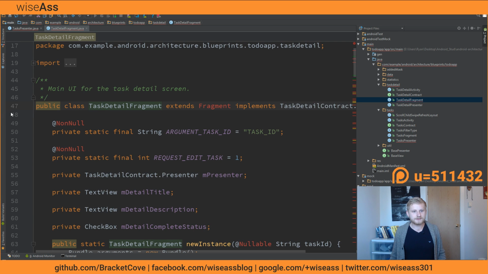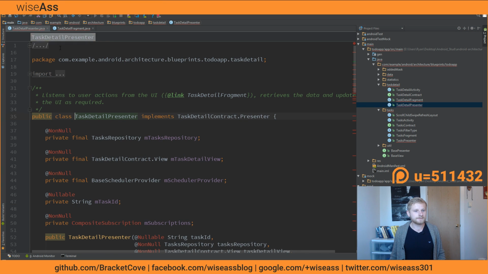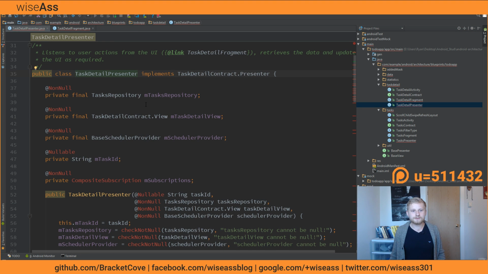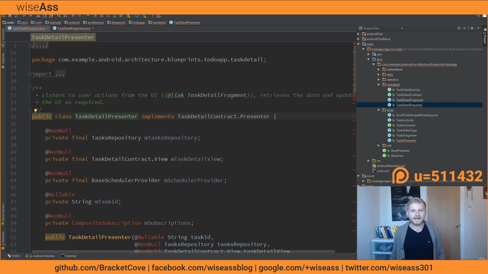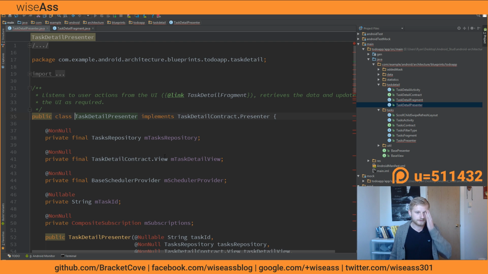We have a presenter. Let's open up the task detail presenter, keeping it all in the same feature. The presenters themselves are generally fairly plain, they shouldn't have a lot of APIs and stuff in them. You can of course use something for concurrency, which we'll talk about later. That's a little more advanced.